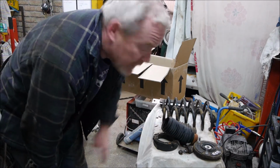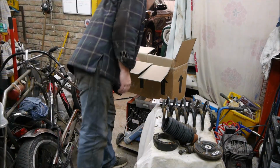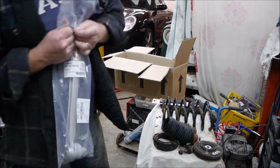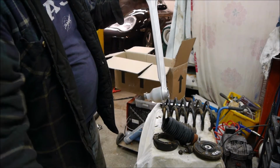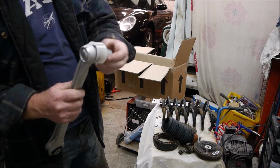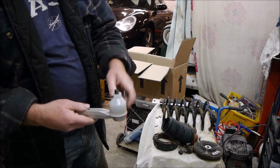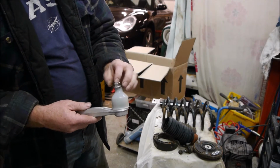So we're going to clean all these parts, recondition them all, and then this is where these little brushes come in. Oh, we also have one other part. I bought a new rear suspension arm, so we'll put that back on, which is the lower arm. The reason I did that is there was some play in this bearing, in this ball joint at the end. This end was okay, but this end had some play. So I'll show you how we fit that as a new one,